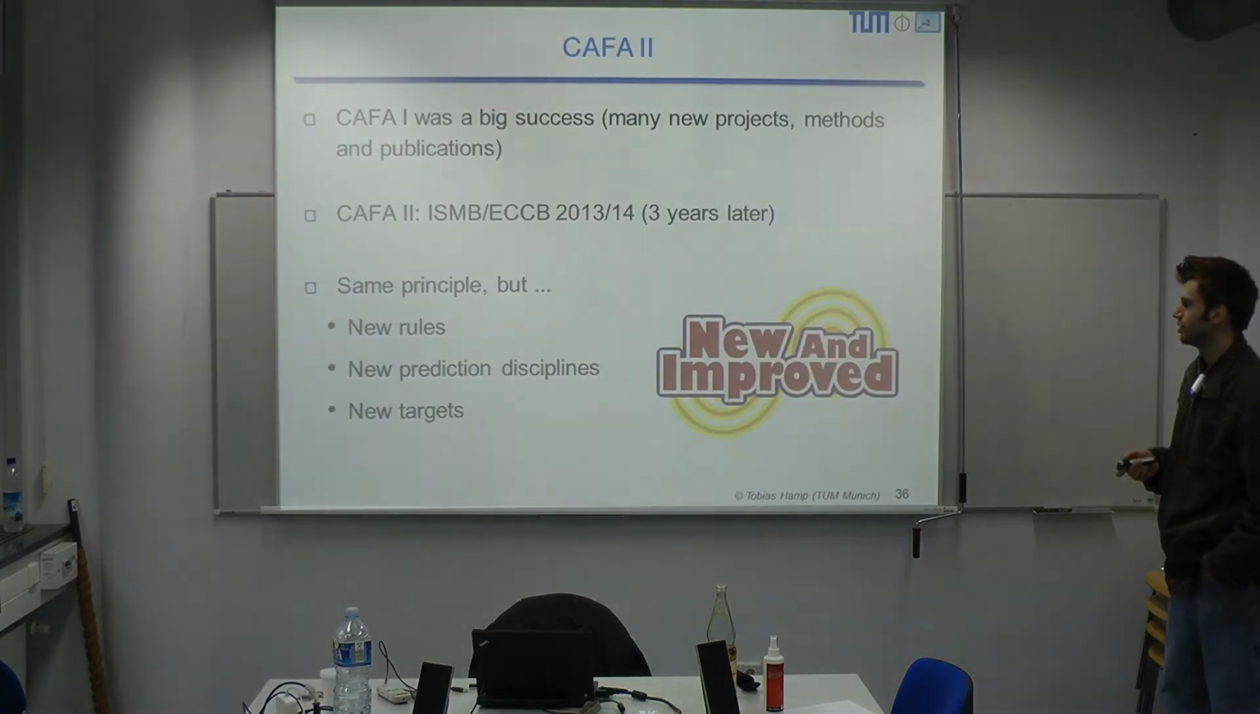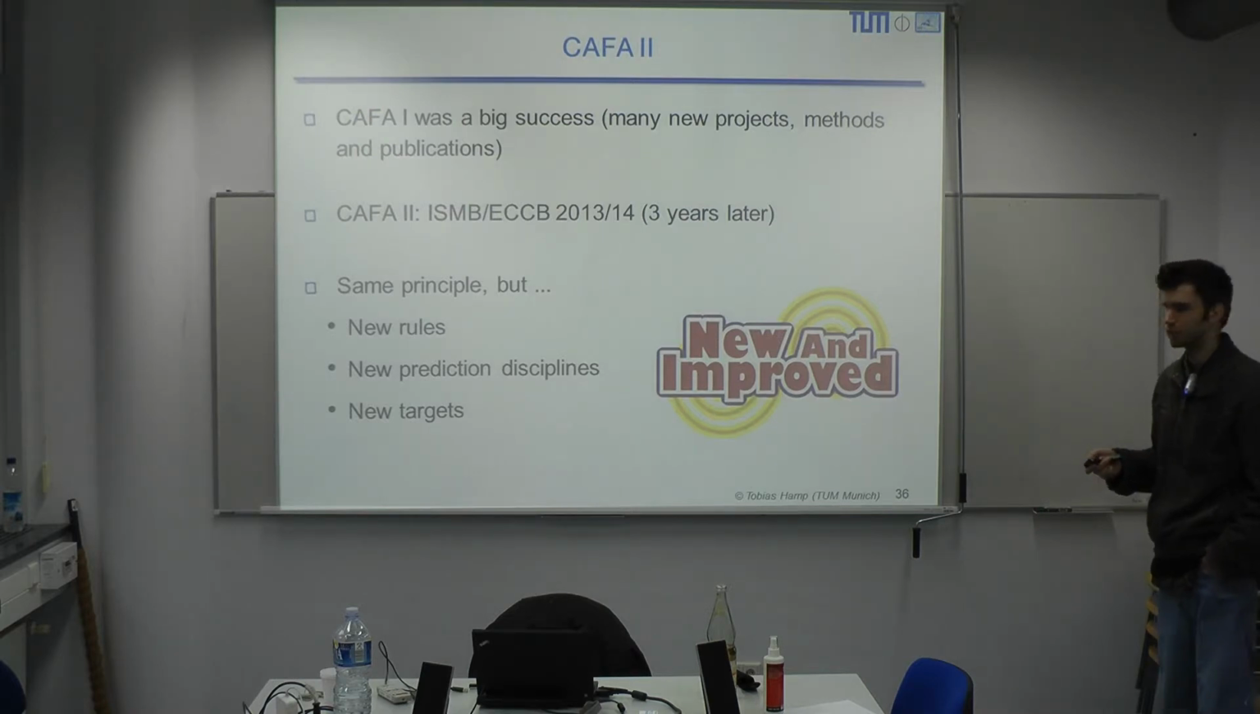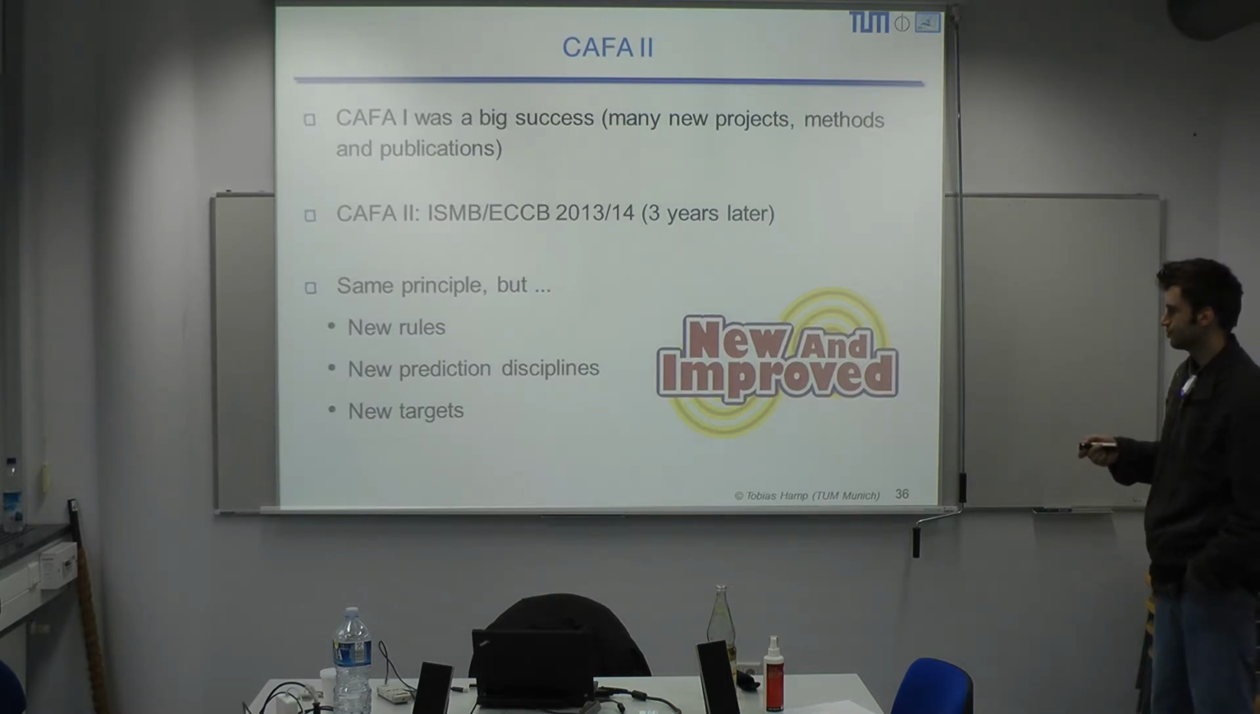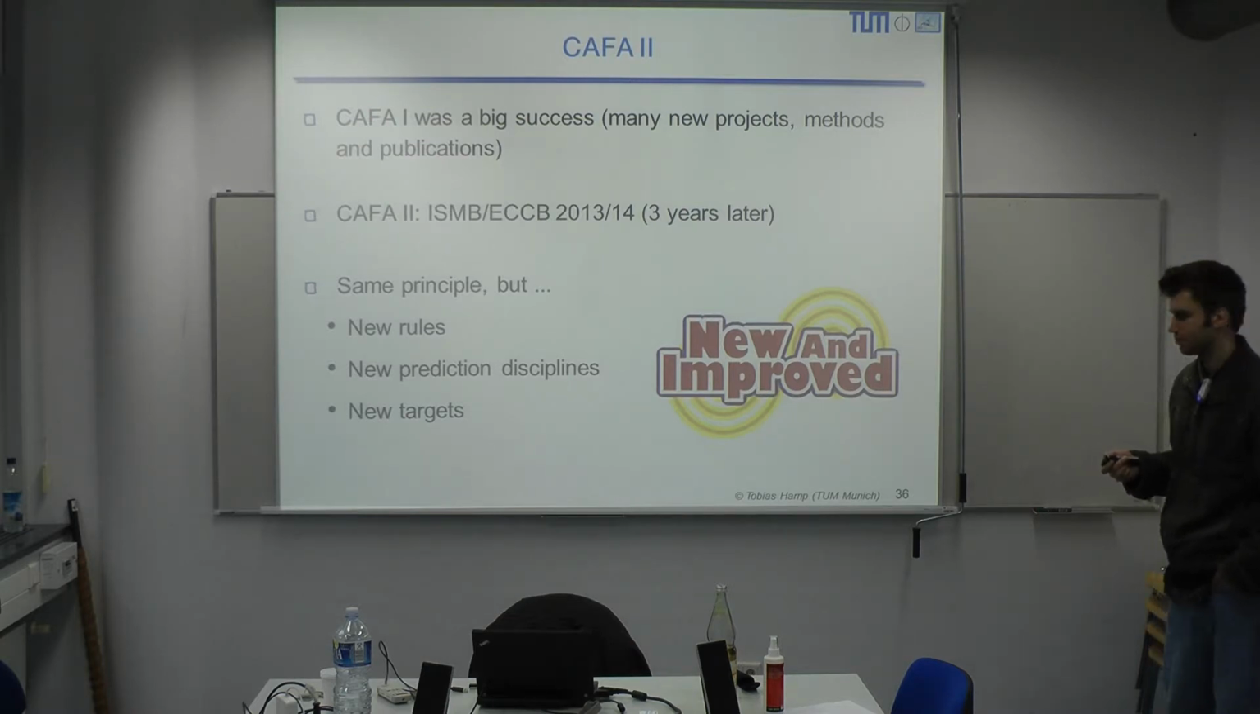So this is now a big time warp. Kappa 2 was held 3 years after the first kappa meeting. The reason for this was that the kappa 1 meeting was a big success. So they had many new methods which they wanted to publish. And for kappa 2 then, we tried to do a few things better,